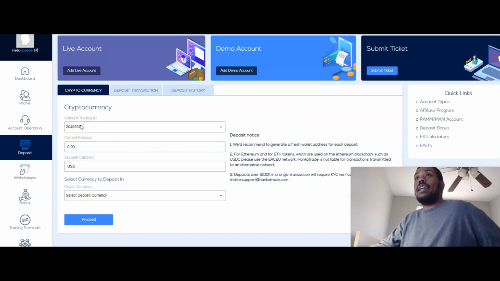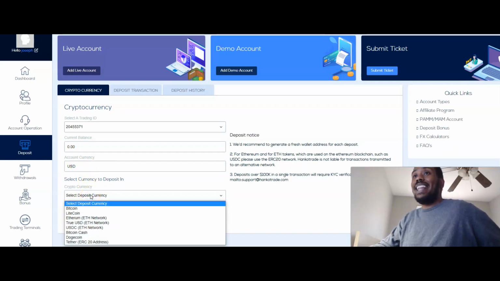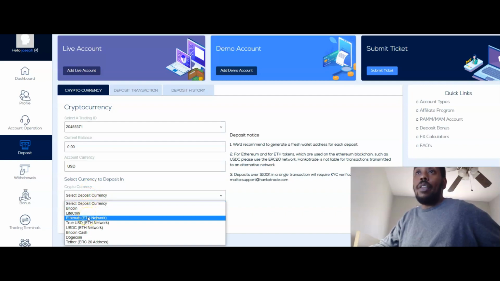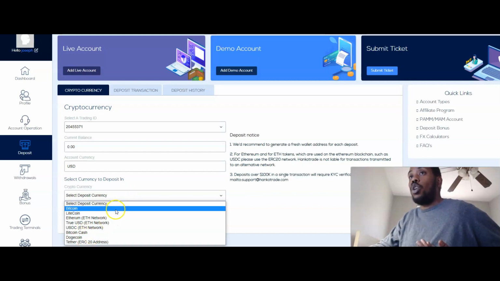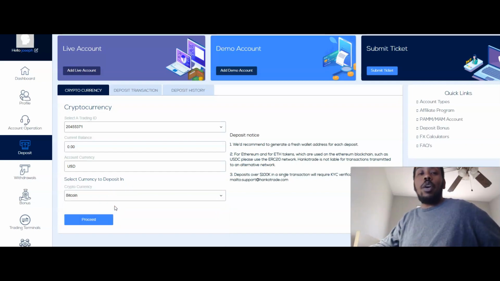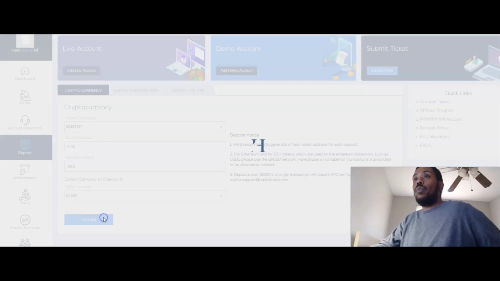But once you select that trading account that you're looking to make the deposit to, it will bring you into it, let you know the current balance and the account currency. And then you will have the option to select which type of cryptocurrency you will be looking to deposit in. You have Bitcoin, Litecoin, Ethereum, USDC, Bitcoin Cash, Doge, Tether, whatever the case. Now, once you select it, Bitcoin is typically always the more popular option, so we'll go with that. And once we hit proceed, Hanko Trade will then generate a